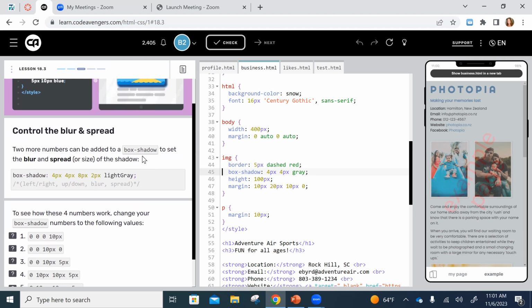Okay, now in the previous assignment we did, we only had 3 values for our box shadow. Okay, we had the amount of color to the right or left, to the top or the bottom, the color, and then now it's showing us over here in the example. The 4th value is the blur, and the spread is,